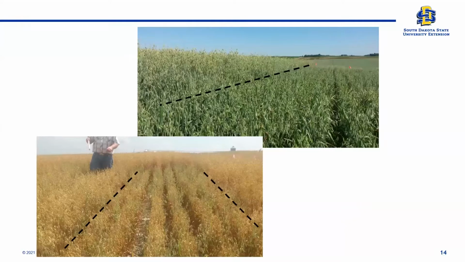And here's a plot. I have this dashed black line on the picture on the top, and here is our 21 ounces at F7, and here is the control. We saw about a 1.5 foot difference in Garretson, and the same plot is shown at a different angle on the bottom. That's how it looked when it matured.